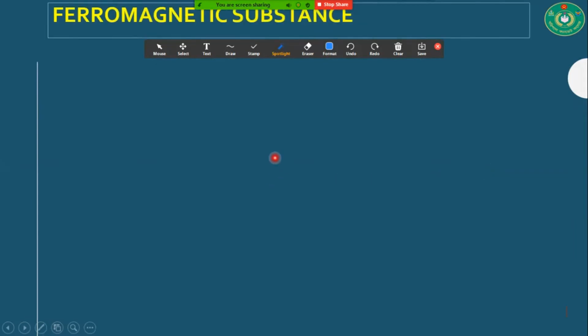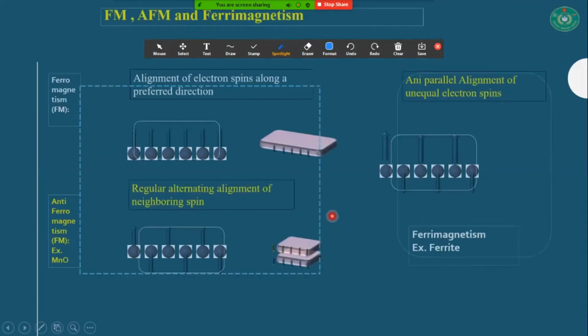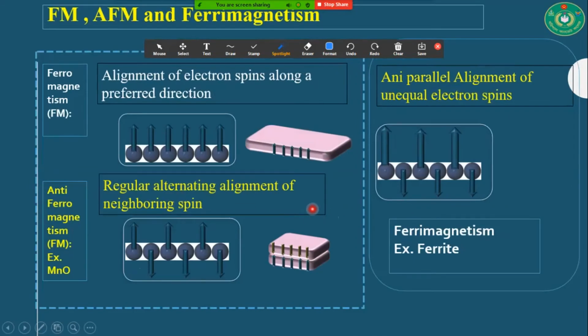Now, ferromagnetic substances or materials are attracted strongly by the presence of a magnetic field, and they can be magnetized very easily. So these are examples of ferromagnetic substances. Now, I am going to discuss ferromagnetism,